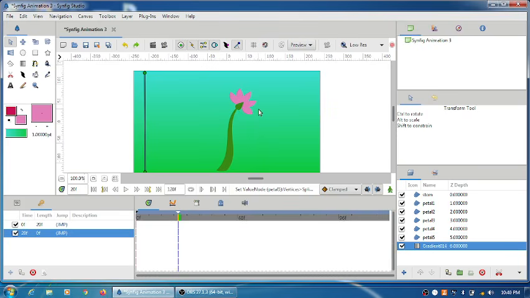Right? So you can see that the flower is completely bloomed.